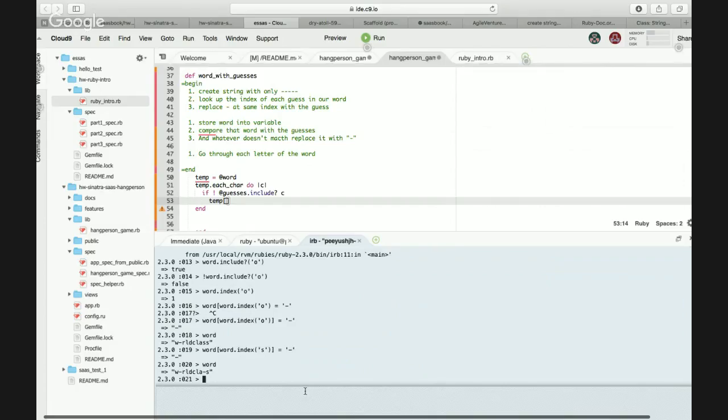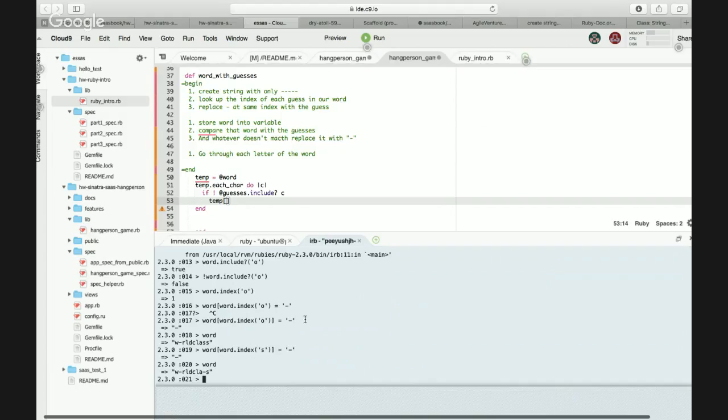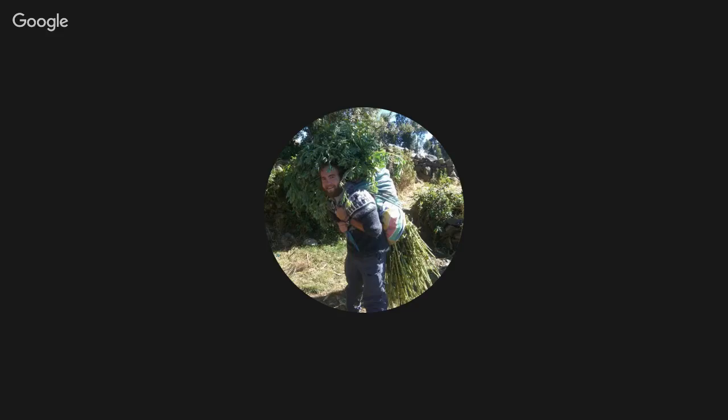It only changed the first one, but because you have temp dot each char, it'll get the second time too, I think. Yeah, because on line 51 you have each char. So it will replace the first one and then it will replace the second one, I think.